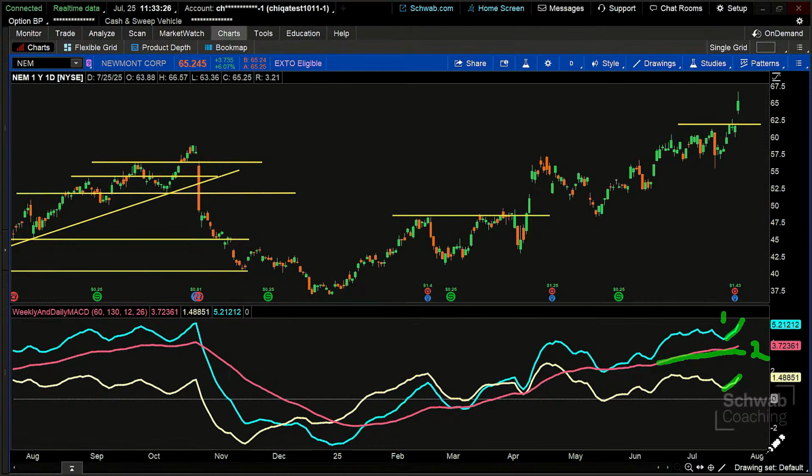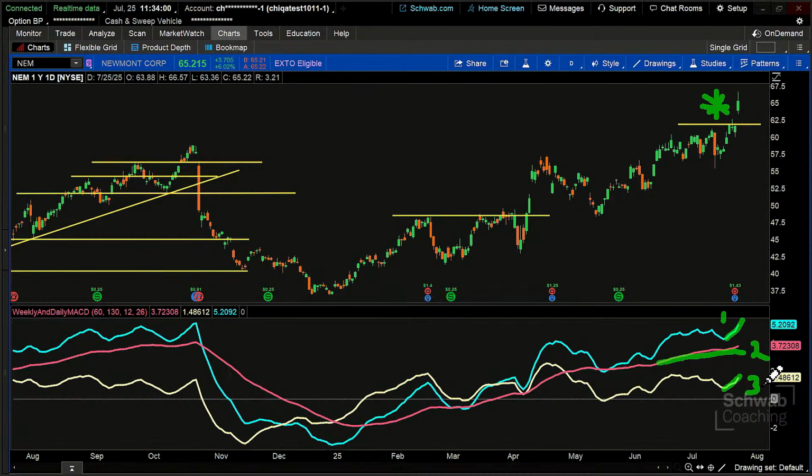So combine that, breakout. This is our primary indicator right here. I'm just going to star that. Primary indicator is the breakout of the resistance level. The confirmation is one, combination of two different lengths of moving average convergence divergence moving higher. The longer term trend is number two, moving higher. Number three is the daily trend of that moving average convergence divergence also moving higher. So three forms of confirmation in one indicator to confirm that breakout.